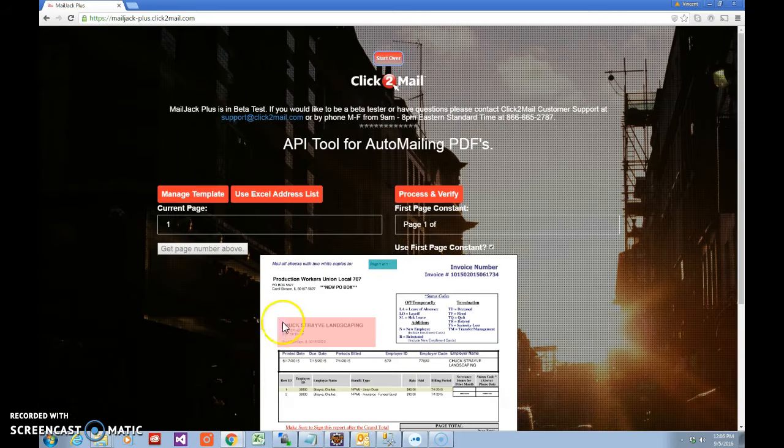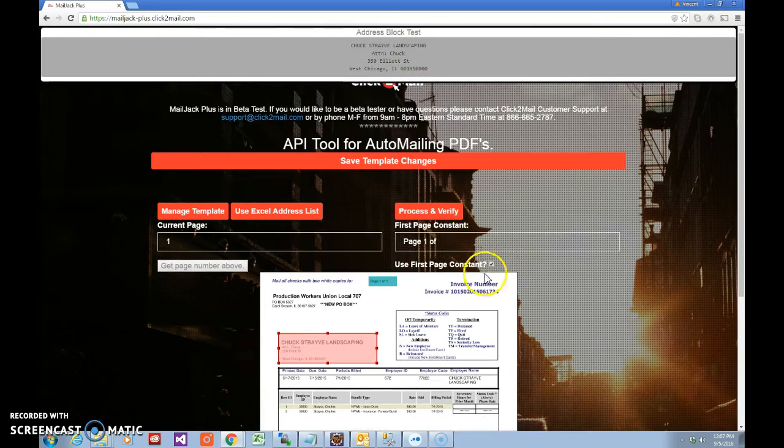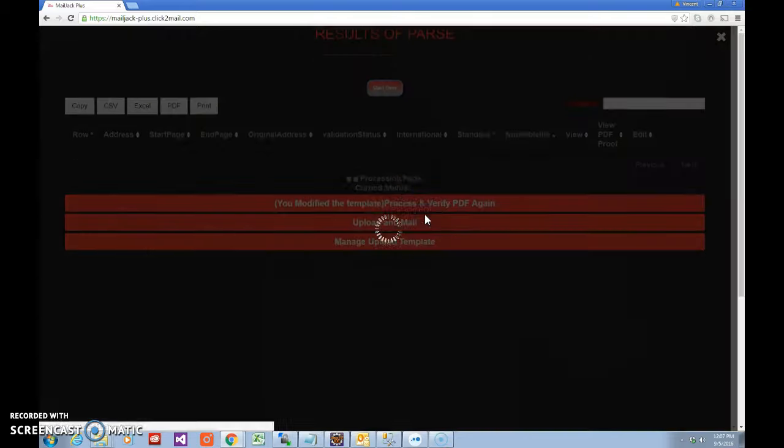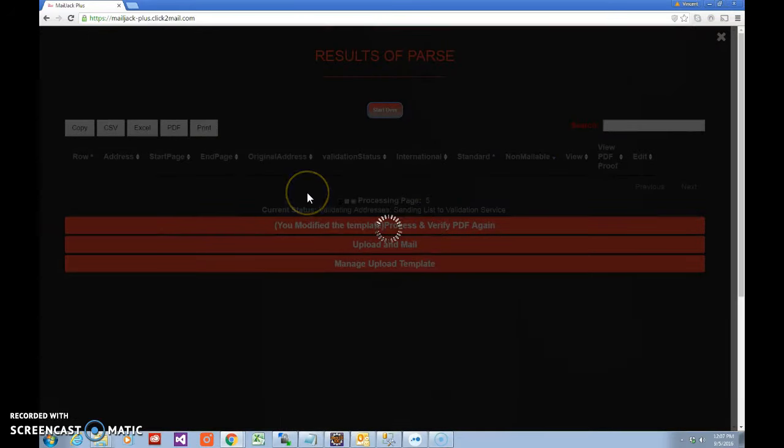You see how when I upload that invoice template, it knows where the address is? Well, that's in essence what I do. I'd have something generate the actual letter with the address on it. When this box goes over it, it actually reads it properly, and then it knows when each new page starts. So with a simple click of a button, when I process that, Click2Mail automatically validates everything for you,